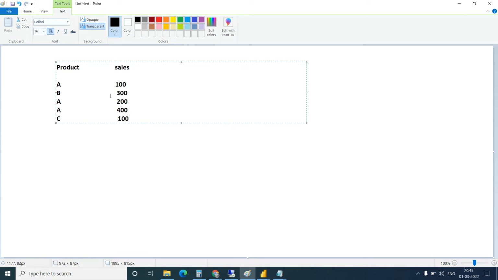So these are the products and how much sales has been done for each particular product.